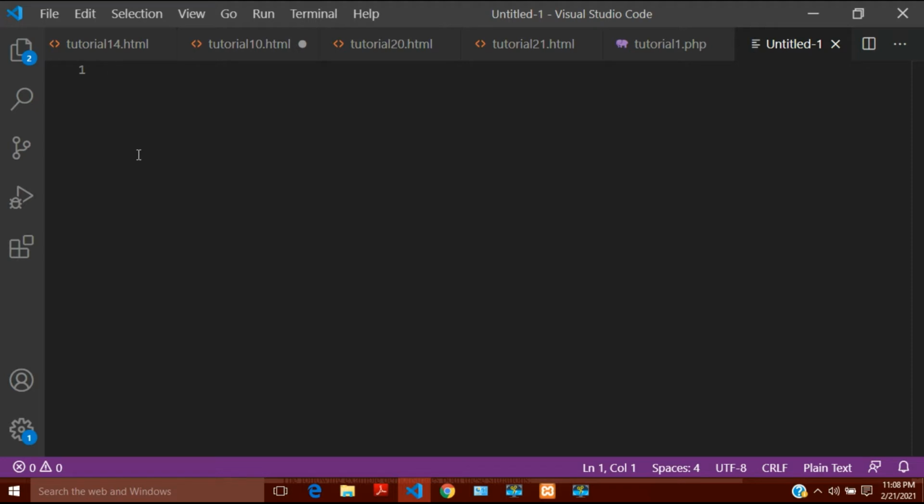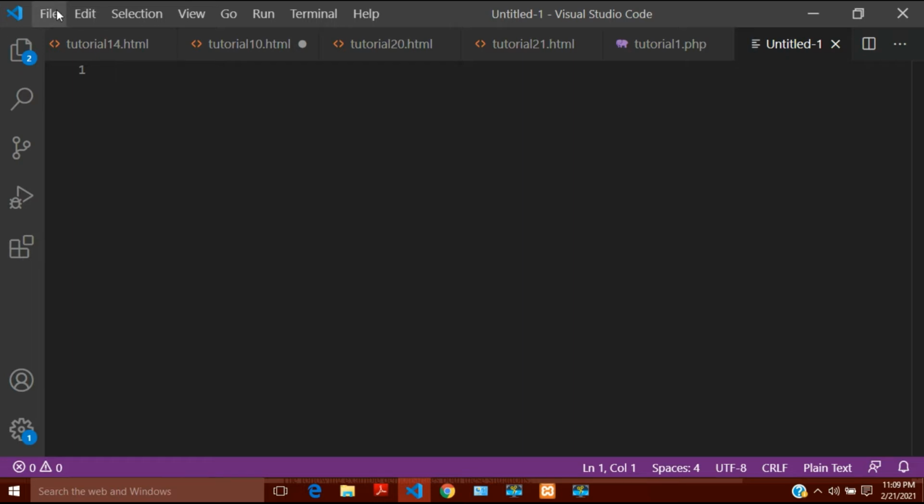A variable is something like a box in which you can insert things, and after inserting the things you can use them, and you can make the box empty later and put any other thing in it. Okay, so how will we define a variable in PHP?